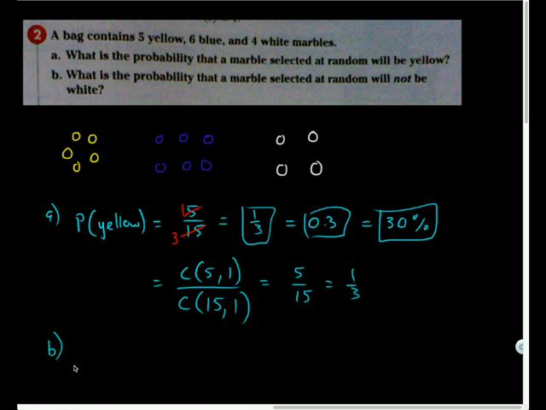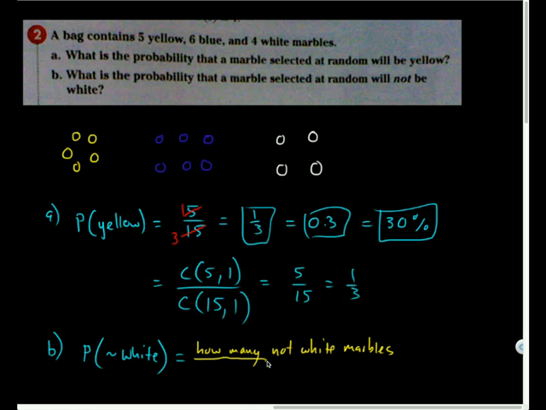So let's look at part B. What is the probability that the marble selected will not, all right, keyword not, be white? In terms of logic, sometimes the tilde is a symbol that means not something, so not this happening, the opposite of that event occurring. So the probability of not white, my numerator, I could put words to this first, would be how many not white marbles could be selected.